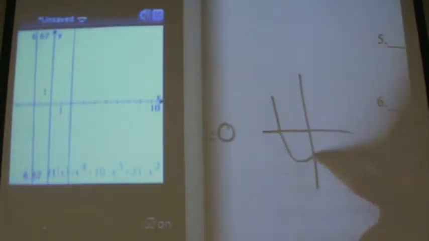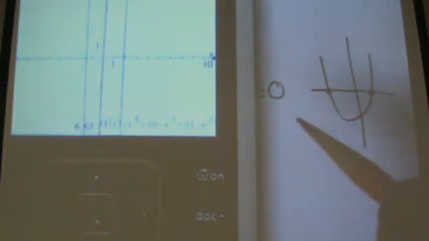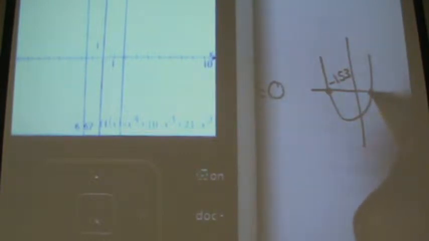What this picture looks like is this. Now I want to know, what are these 2 zeros? I need this 0 and I need this 0. So you're going to go through, like you did on problems 1 through 5. You're going to come up with these 2 zeros. This one is negative 1.53. And this one ends up being 1.89. And you guys did great in this section. So now I want to know,